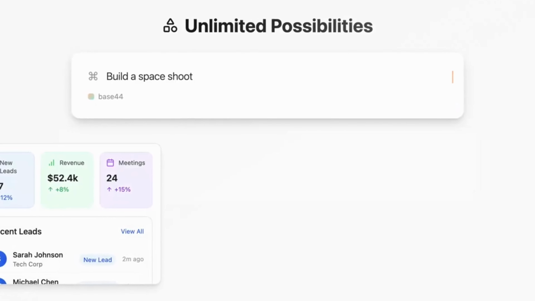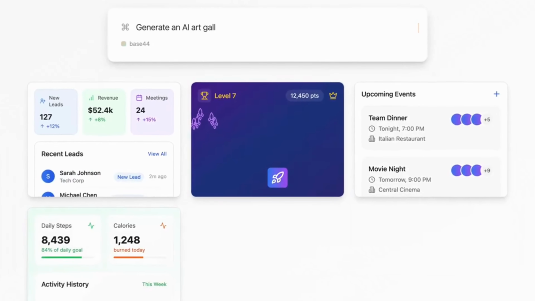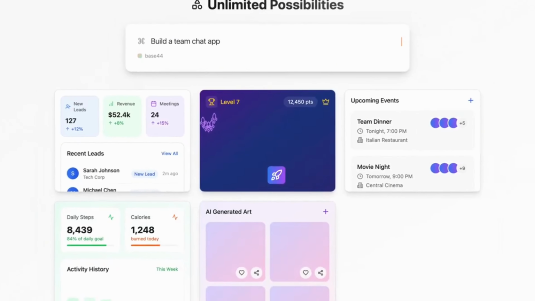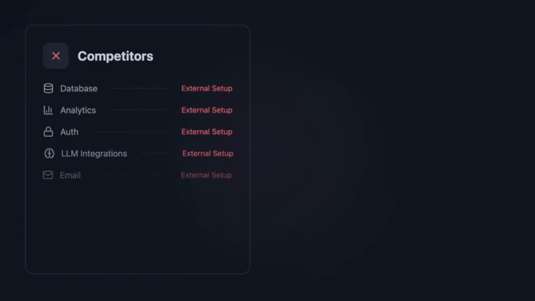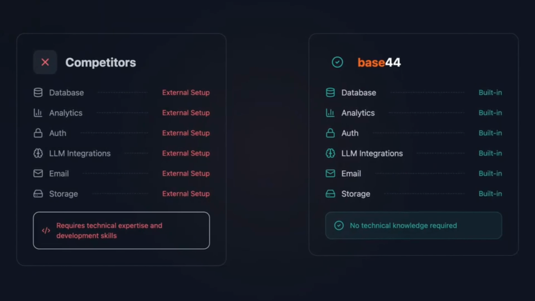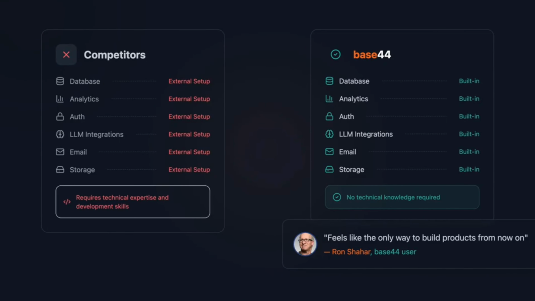But what if I told you there's a completely new way? With Base 44, you just write what you want to build and everything else is handled for you. No GitHub login, no API keys, no integrations, just pure building. Base 44 gives you everything built in. Database, built in AI integration, built in authentication, built in storage, built in email system, you guessed it, also built